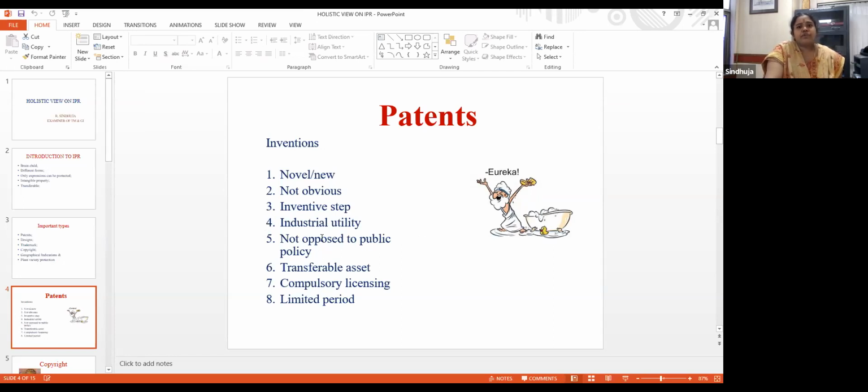And then of course, there are certain qualities that have to be common for all the IPRs. It also says that it should not be opposed to public policy, especially in a country like India where certain things are reserved. Right from patents to all the things, we have something reserved. And in that reservation we have that it should not be opposed to public policy. And then transferable asset. When I say transferable asset, just like any other asset, it can be transferred from one owner to another owner, wherein with legal documentation, a contract would be signed between them, stating what the rights are, for how long, or to what extent he can use it and all that.